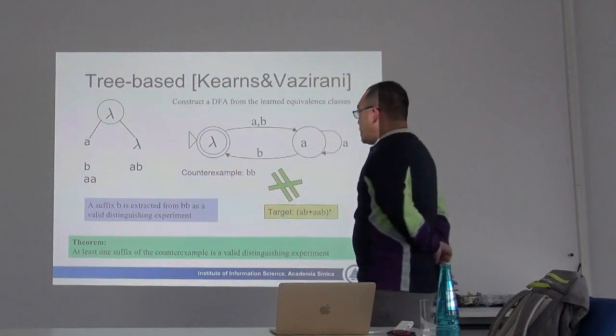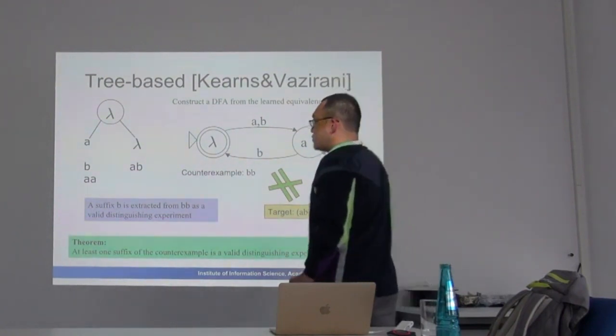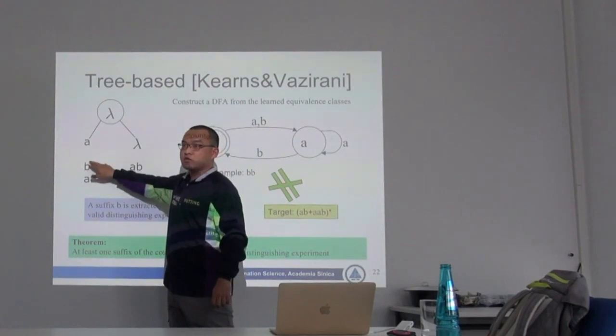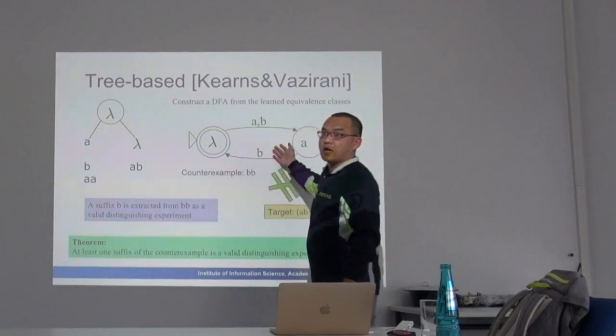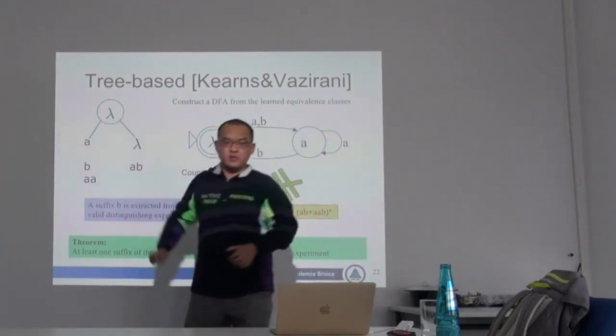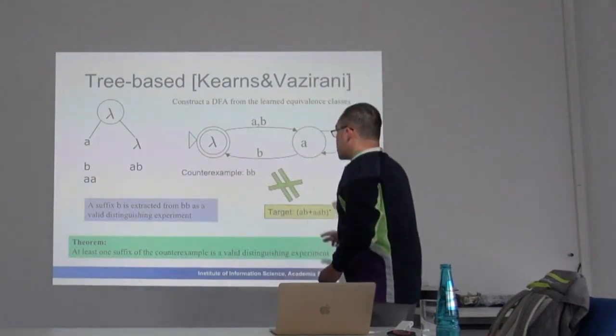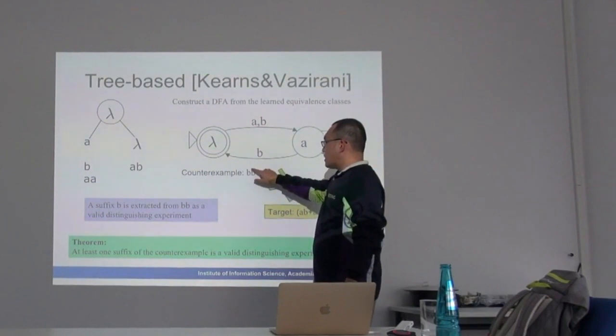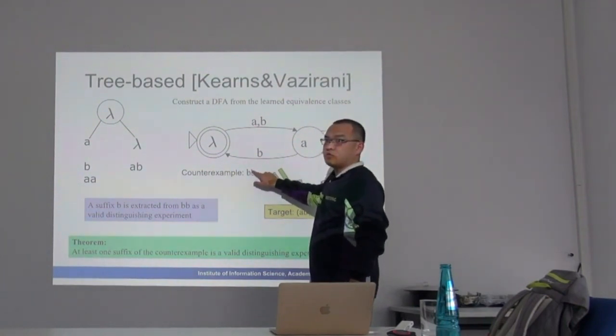Okay. And I don't really store the query result here. I only do an equivalence or membership query in order to construct this automata, so I only store this thing. And from the example of BB, in this case, I know that B is a new string to distinguish with a new state.